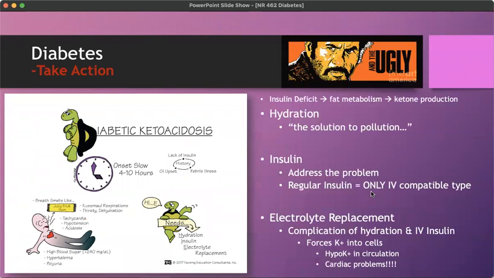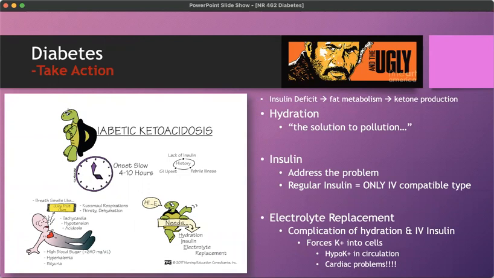So next, when it gets ugly, then we get into our hyperglycemic emergencies. First one we want to talk about is DKA, which is diabetic ketoacidosis. So this comes about because there's an insulin deficit, which leads to hyperglycemia, which causes fat metabolism, which releases ketones into circulation. The main interventions that we look for in DKA